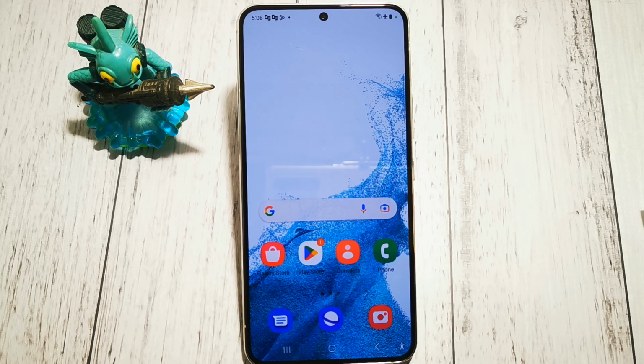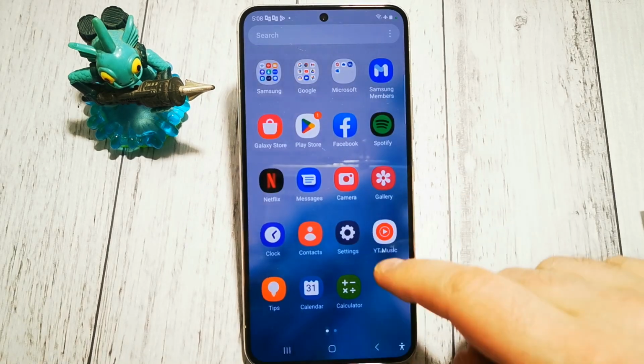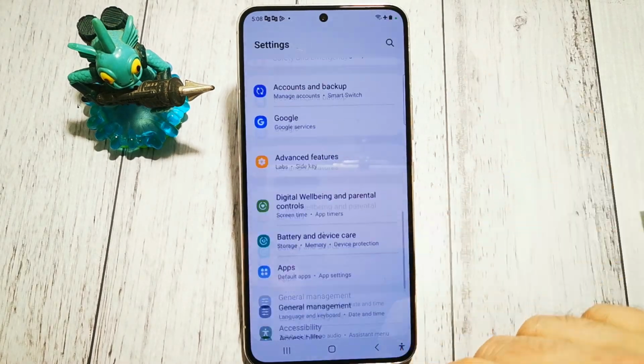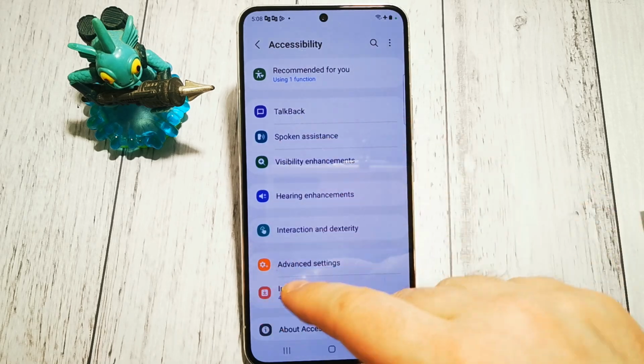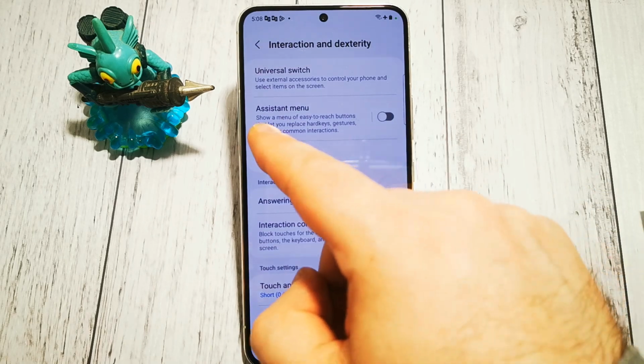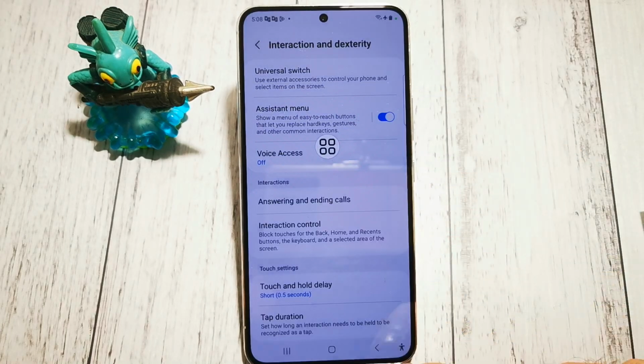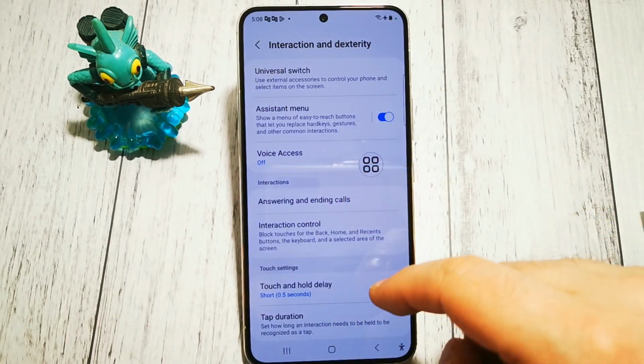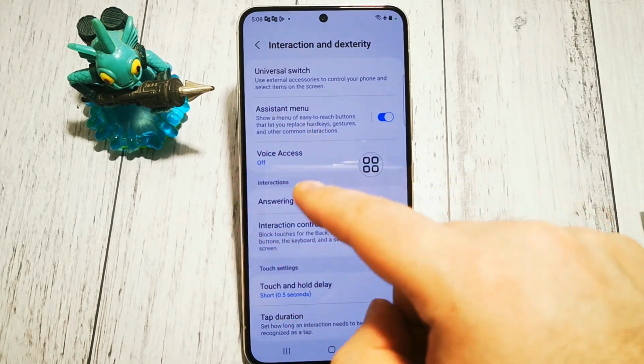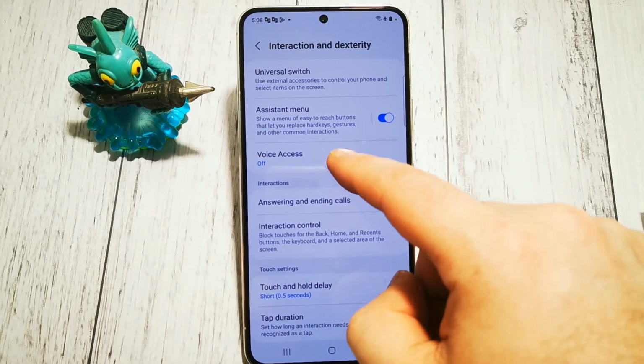Today I will show you where to find the option and how to set up our assistant menu button as an edge icon in Samsung Galaxy S22. So, first of all, we need to go to settings, then accessibility, next interaction and dexterity, and here we have our assistant menu button. By default, it looks like this, but we can change how it looks like, and